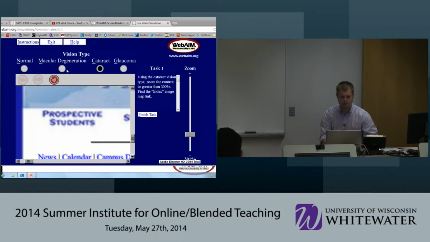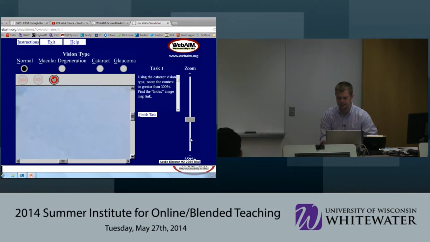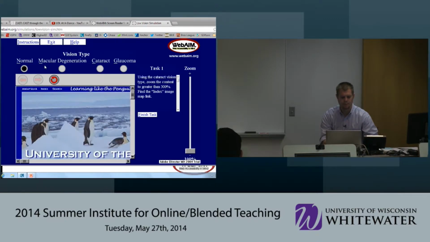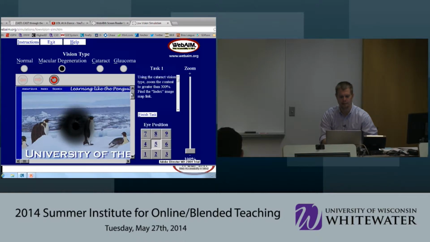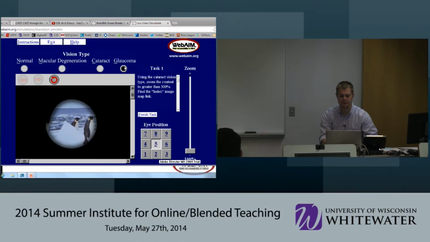Let's look at the different visual disabilities I have on here. Let's zoom back out to 100%. Here would be a normal sighted individual. Here's macular degeneration, which is essentially a blank spot in the middle of your retina. And lastly, here's the cataract or the glaucoma example.